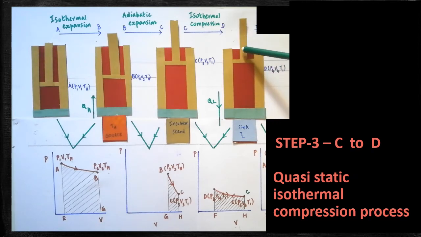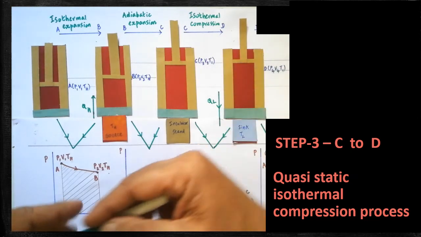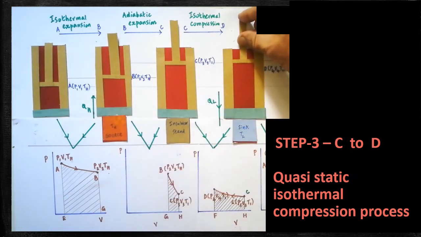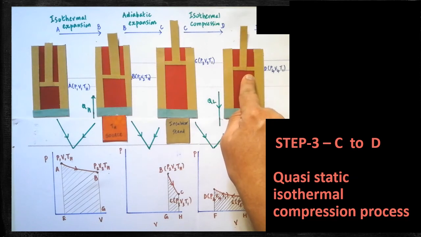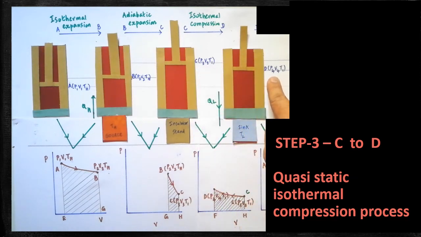When the piston is compressed from C position to D position, look at that. I am going to compress now. I am doing the work on the system. Now it is compressed from C position to D position. Now the position is altered. So what is the new pressure? P4. New volume is V4. Now we have to find out, will there be any change in the temperature? After compression, pressure increases. When pressure increases, temperature also will increase.